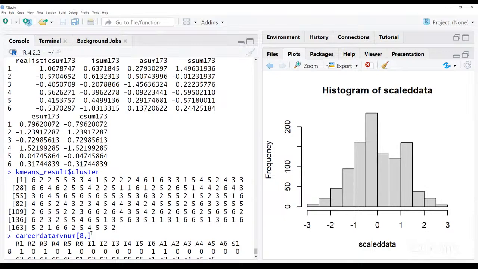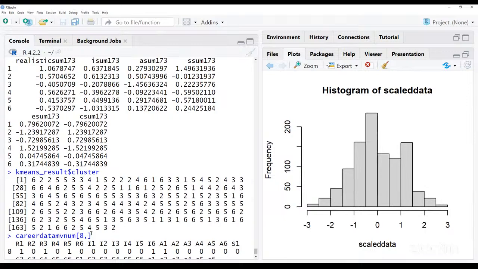Since we have the 6 groups, so maximum cluster we can think about is 6. And you have to find out the k-means result,